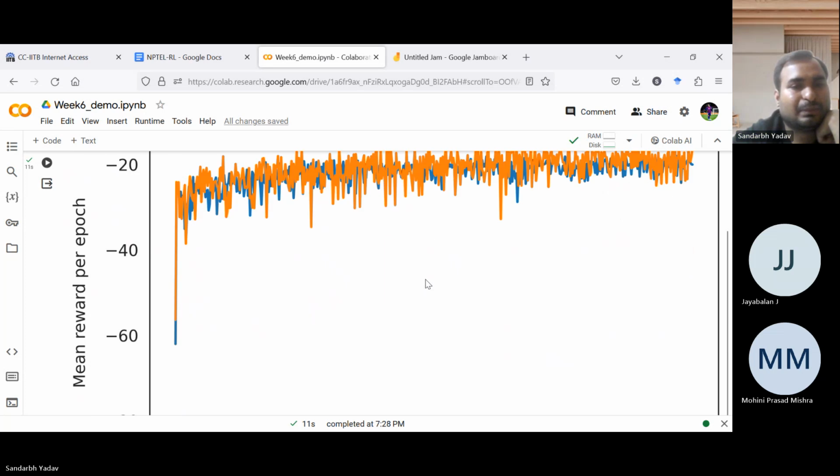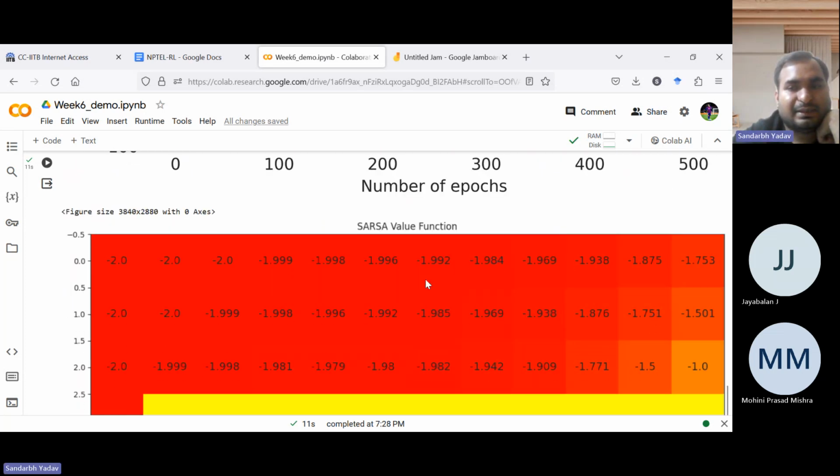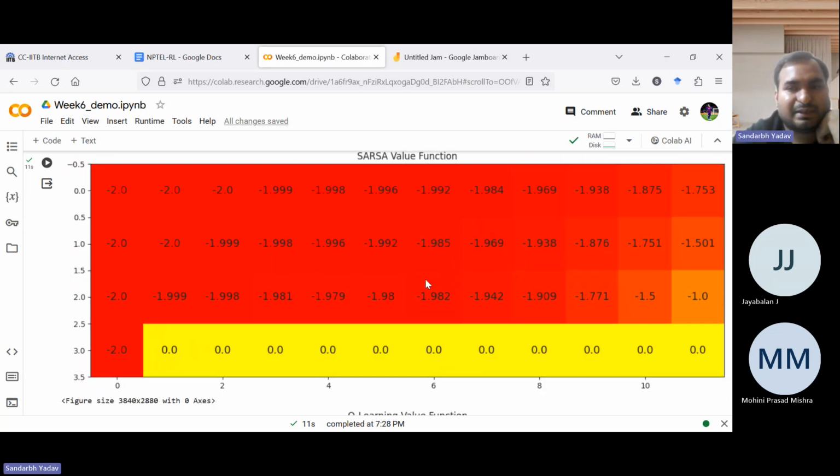then you can get a smoother graph. And then this is the value function, which, as expected, will be zero for all the terminal states. This is the cliff. Also, the goal state is a terminal state. And in a similar manner, since all our rewards are negative, all the values are negative, but as we get closer, it's less negative.